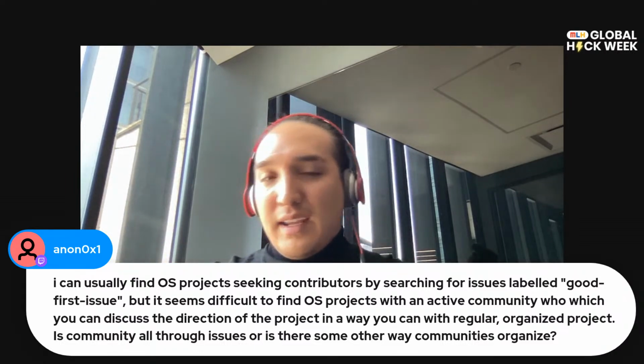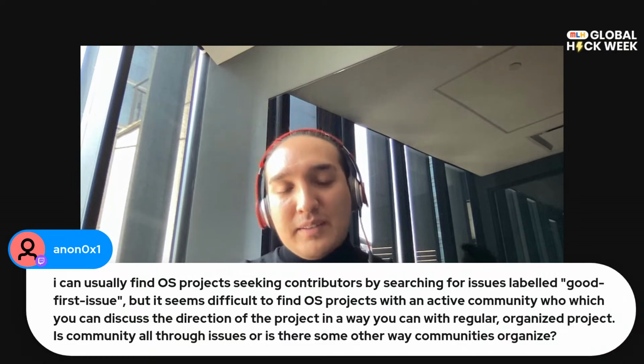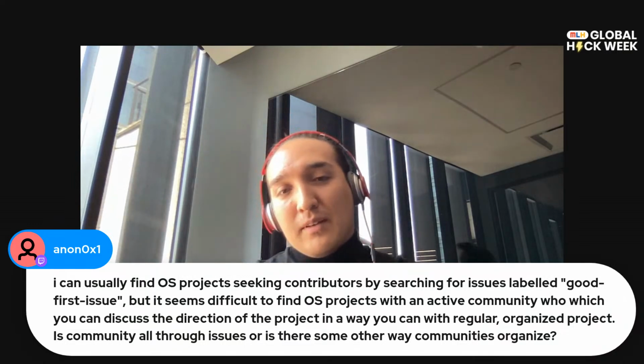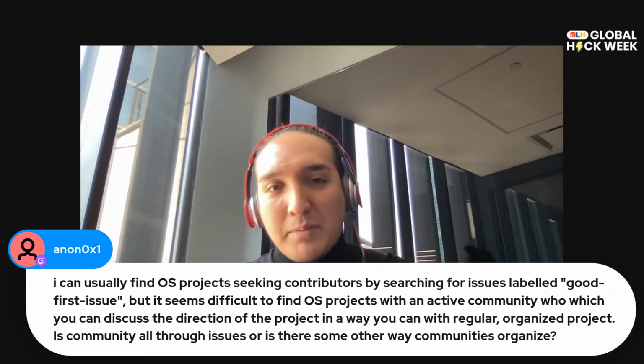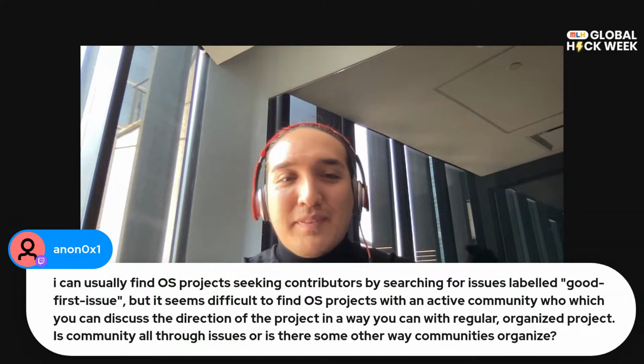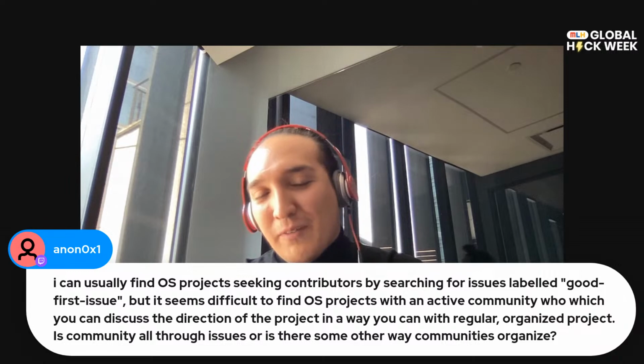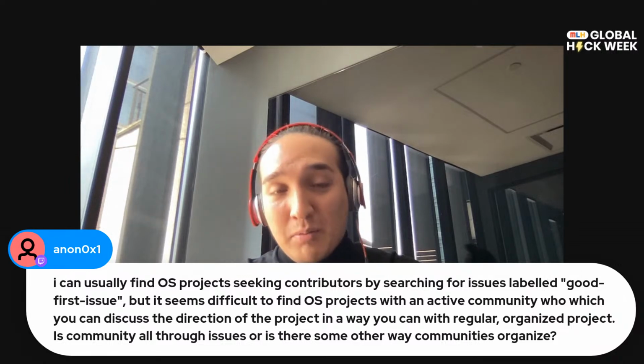Again, there is no standard way in which they organize, but I've seen some of them have Discord servers, and the activity of them really depends on the community.